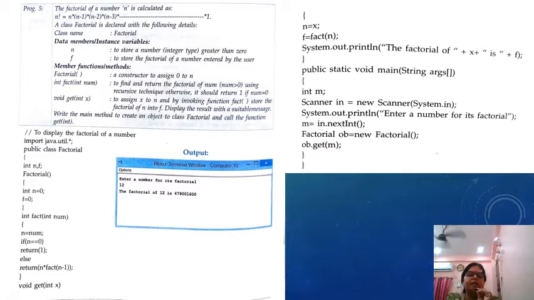Now void getint x, here we are going to get fact, and again we are going to get the number. Now we will print the factorial. This is the printing statement. Now we input a number with the help of the scanner, and we have done the execution of the program. Now you all know how the function is executed. This is the execution of your program.